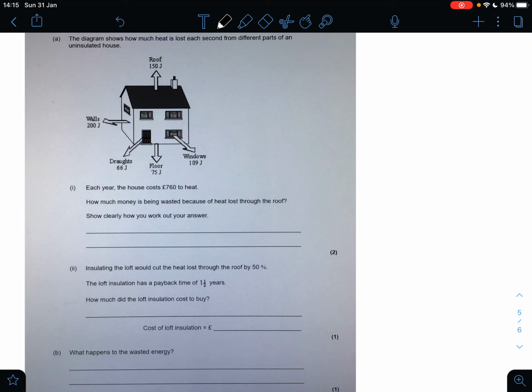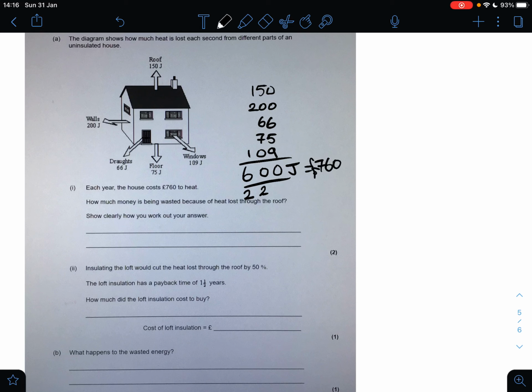Okay, so we need to add up everything. So we've got 150 joules, 200 joules, 66, 75, 109. Okay, I haven't got my calculator, so this is quick maths. So what we've got, 6 plus 5 is 11, plus 9 is 20, carry the 2. 5 plus 6 is 11, plus 7 is 18, plus the 2 is 20, carry the 0. 1 add 2 is 3, add 4, 5, 6. So we have 600 joules